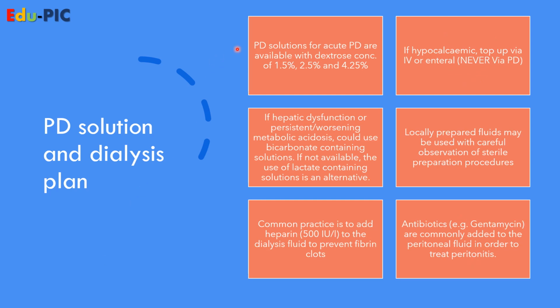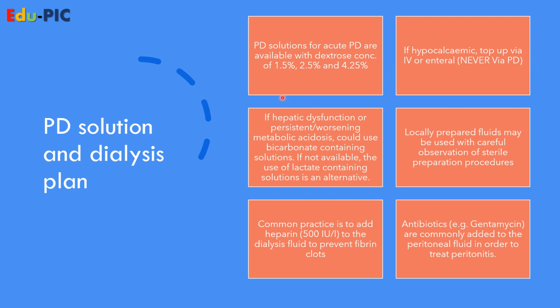Your PD solution for acute PD dialysis is usually available in concentrations of 1.5%, 2.5%, and 4.25%. You can sometimes make your own fluid if you don't have these commercially in your country or in your setting, but that will need to be done in a completely sterile environment. If the patient becomes hypocalcemic, you don't top up the calcium within the fluid because it can be sedimented with bicarb, and most of these fluids have some bicarb in them, so you top up your calcium either IV